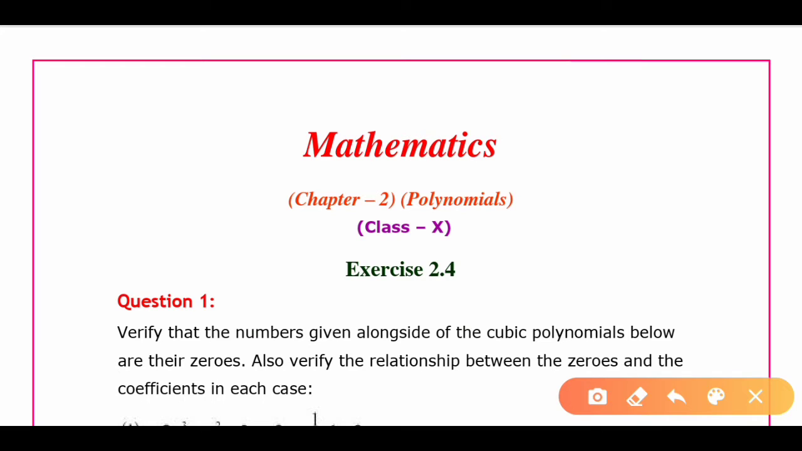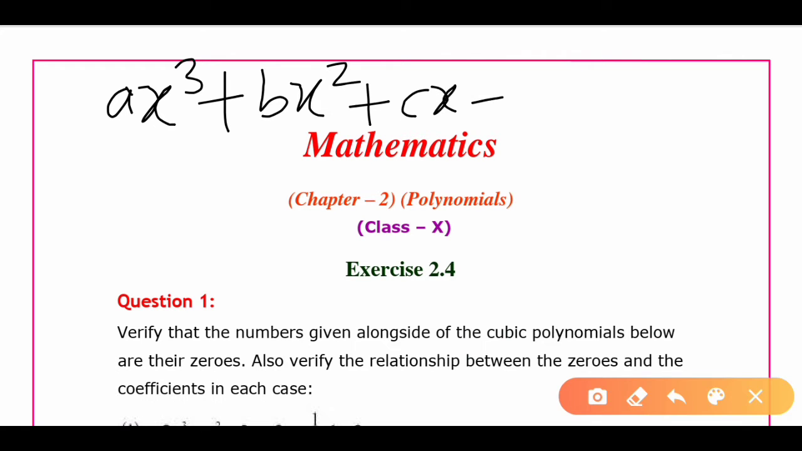Mathematics Chapter 2 Polynomials Class 10th CBSE Exercise 2.4. Before solving this exercise, we will discuss some concepts. Let's assume a cubic polynomial is denoted by ax cube plus bx square plus cx plus d equals to